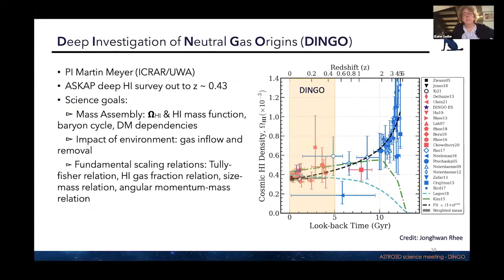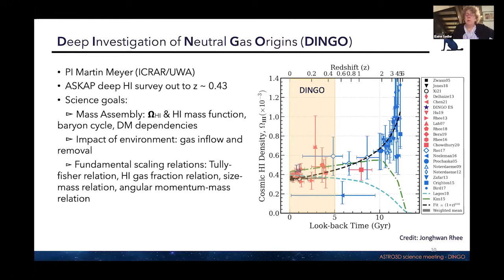I will go into a little bit more detail about Dingo because we won't have a dedicated Dingo talk in this session. So Dingo is a deeper ASKAP H1 survey, still with the emission line signal, but going all the way out to redshift 0.4, looking at the cosmic mass density of H1, the H1 mass function, the impact of environment again, and also a whole range of scaling relations and how they vary with redshift. And just showing you here on the right, the range in redshift covered by Dingo, which is rather poorly constrained at the moment by current